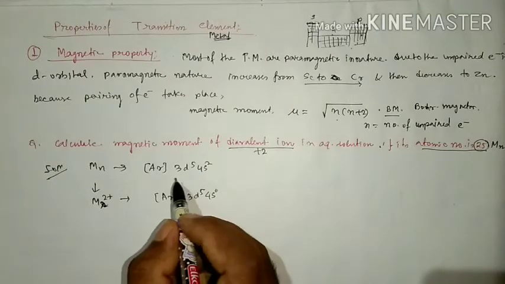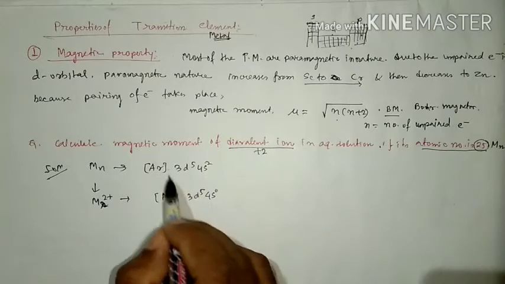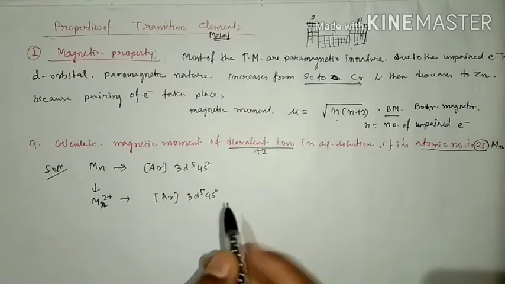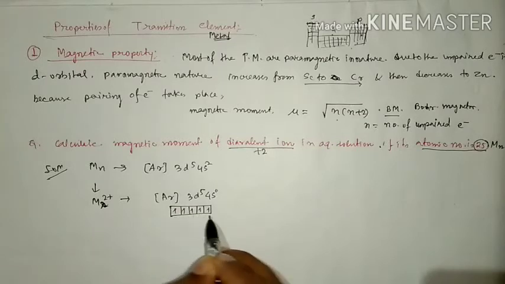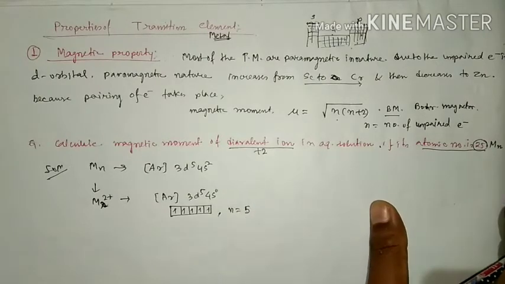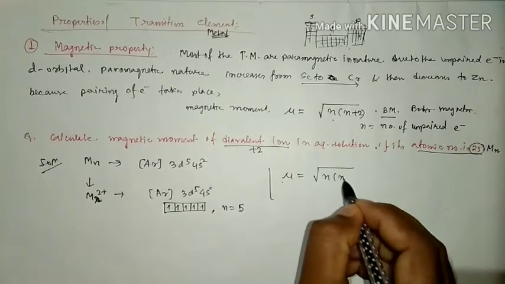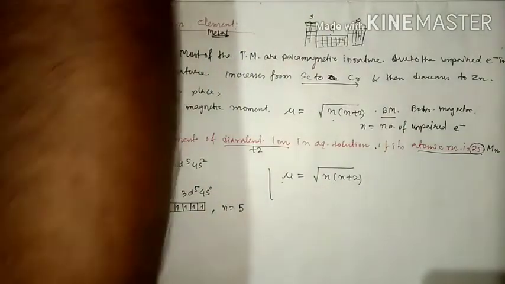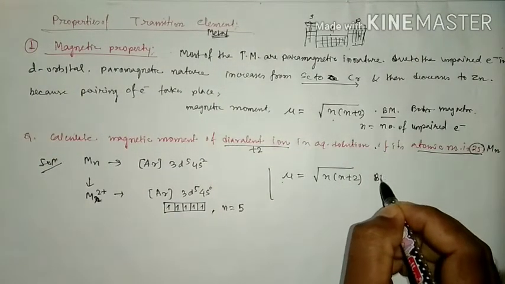Why do the two electrons go from the s orbital? Because here the d orbital is half filled, which is a little bit stable. Okay, now see, the d orbital looks like this way. 5 electrons in the 3d, that means 5 unpaired electrons. That means here n equal to 5, the number of unpaired electrons is 5. Then what do you know? Mu, that means magnetic moment, should be this way, √(n(n+2)). Okay, wait 1 second. Magnetic moment is this one and unit is Bohr magneton.